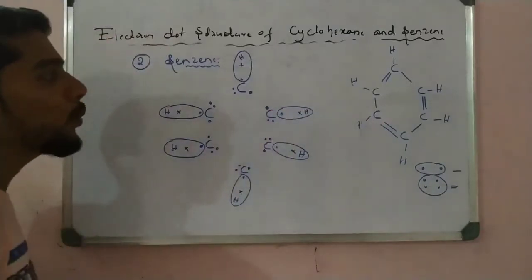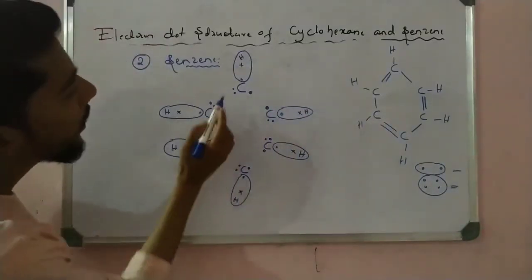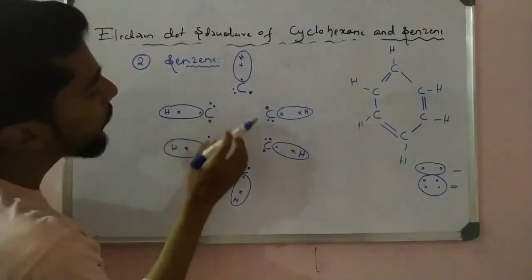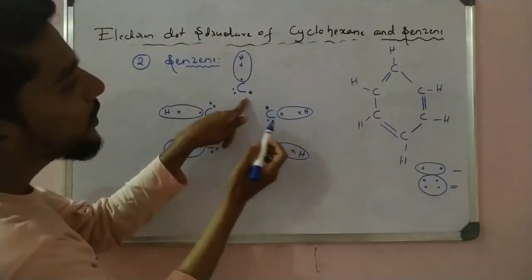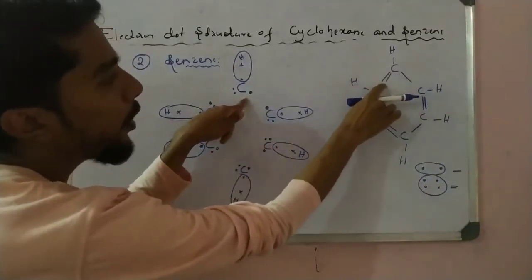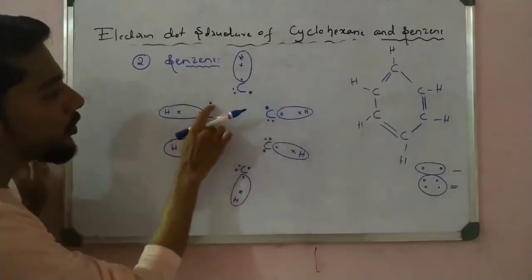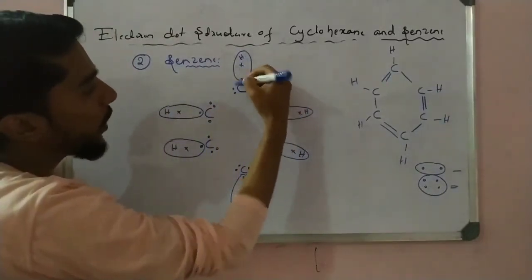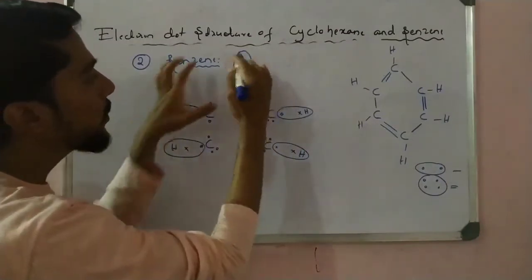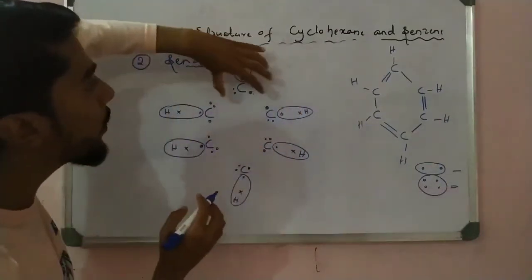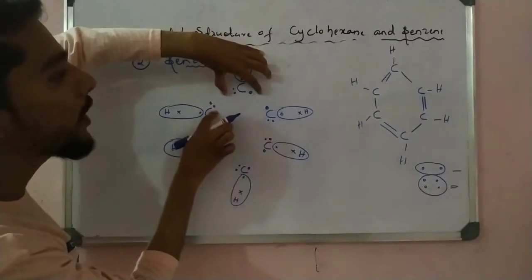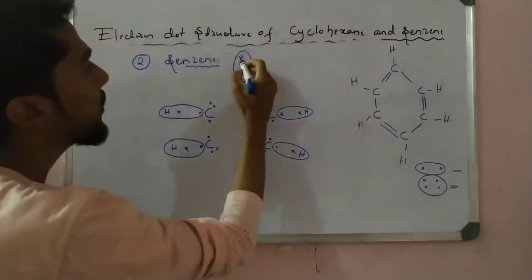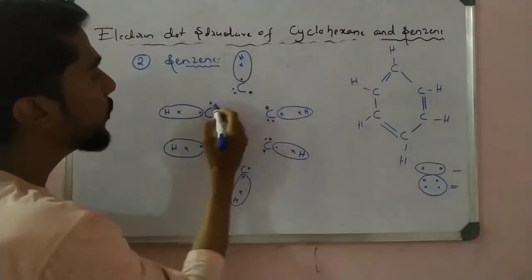Now it is part 2, balance the carbon. See here, carbon requires 8 electrons. So first this carbon. This carbon forms a bond here, a single bond, meaning 2 electrons are shared here and 1 here. So circle them: 1, 2, 3, 4, 5, 6, 7, 8. This carbon takes this whole electron with 1 electron here and 2 electrons here, because a double bond is there. So here see 1, 2, 3, 4, 5, 6, 7, 8.